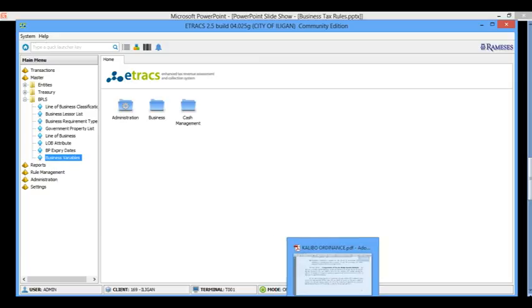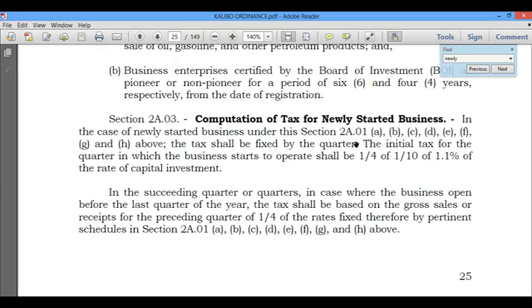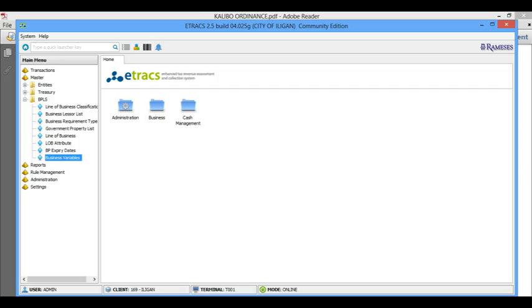Okay, so let's understand first. It says here that if the line of business is new, then it will be based on the capital. It will be 1/4 or 1/10 of 1%. To interpret that, we're going to do rule management here.